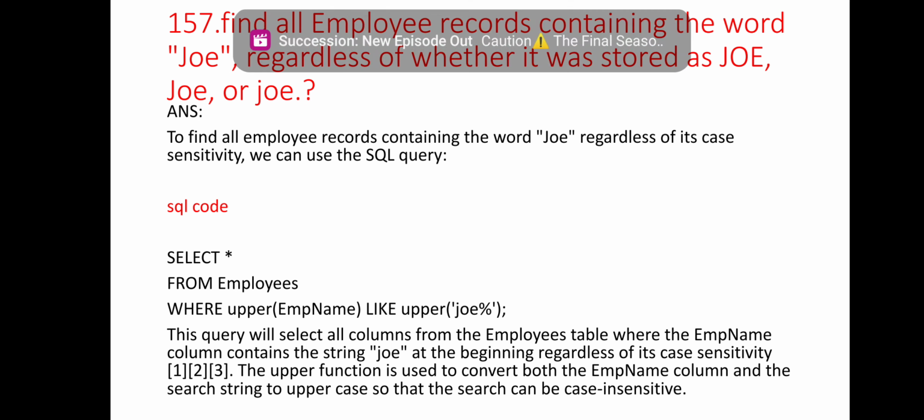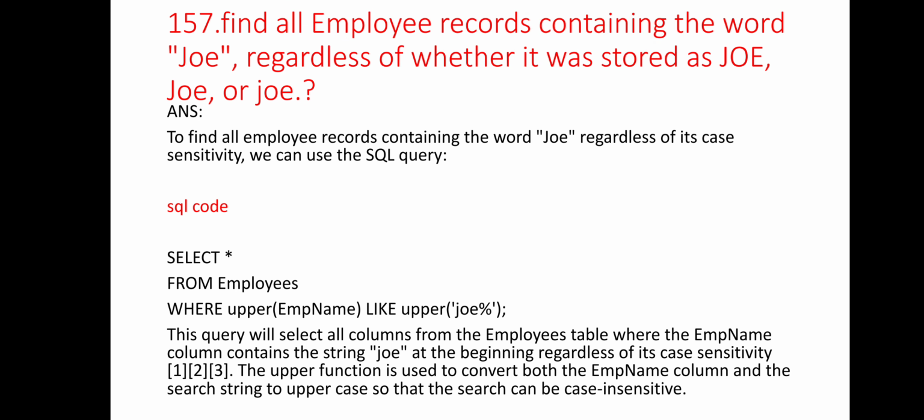This query will select all columns from the employee table where the emp name column contains the string Joe at the beginning, regardless of case sensitivity. The upper function is used to convert both the emp name column and the search string to uppercase so that the search can be case